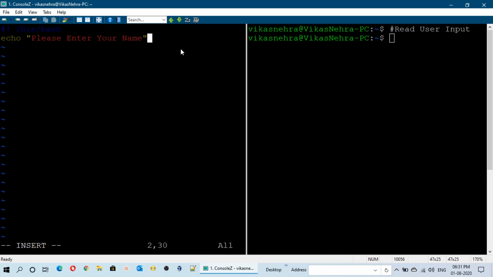This will display this message after the execution of the script, and after that whatever input we give to this will be stored. And how will the script read that input? For that we will use the read operator here, read, and then let us say we are using the name variable here to store the input from the user, and after that we can use the echo operator again.